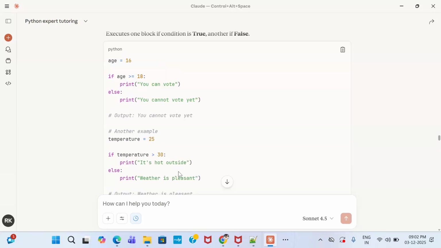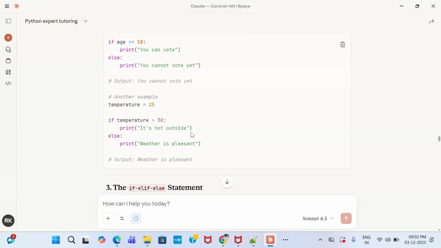In this case, it has just one condition. If temperature is more than 30, then do this, otherwise do that. It has only two options. Let's suppose I have multiple conditions. So how to combine multiple conditions? In order to combine multiple conditions, we use